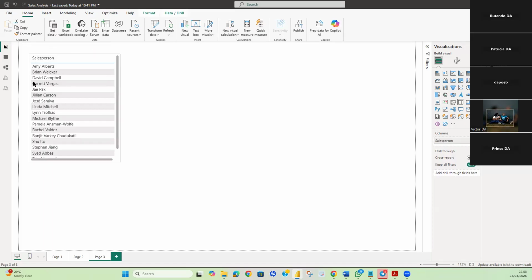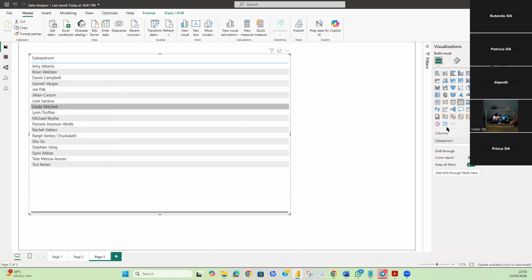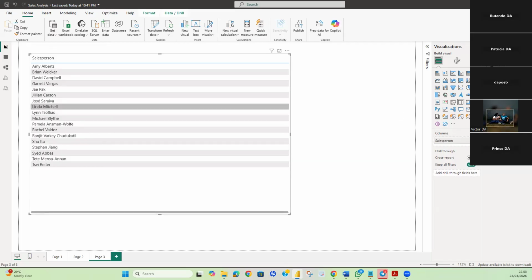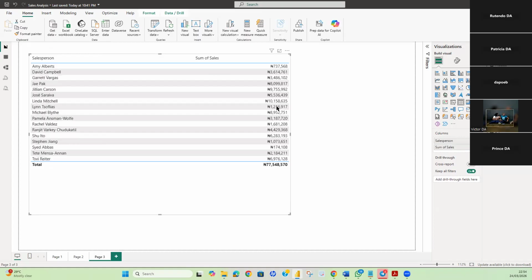Then expand it so that all the salespeople will show. So these are your salespeople, 18 of them. Now come to your sales. We'll have this, come to sales. So I want to see the sales each of these persons brought into the company. Okay,